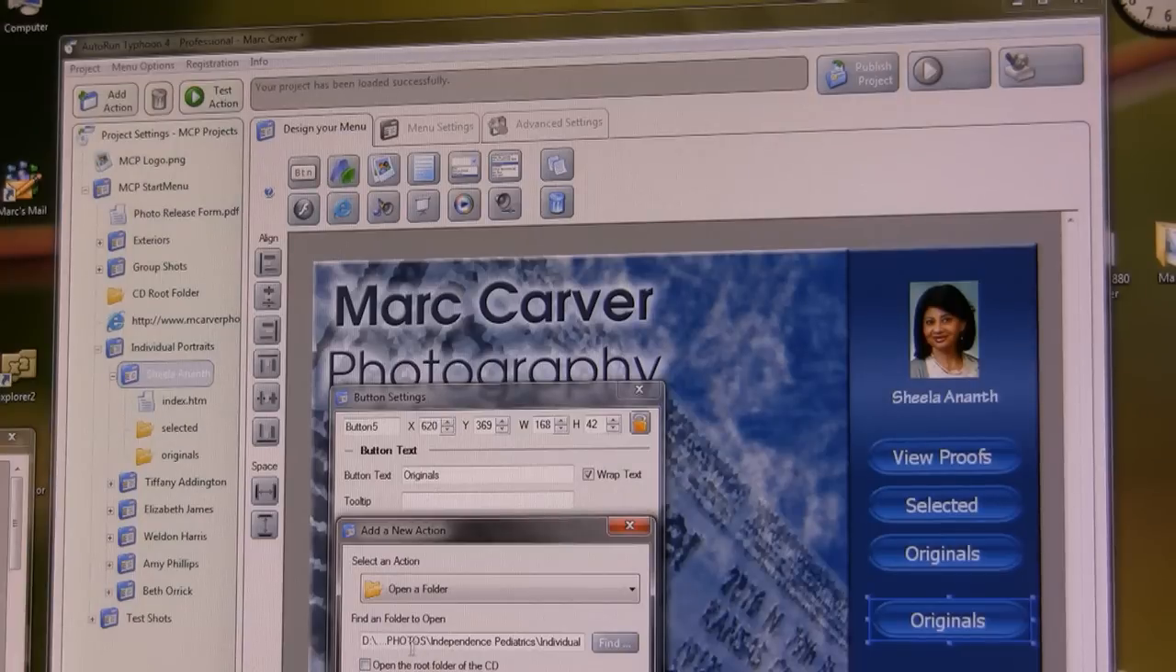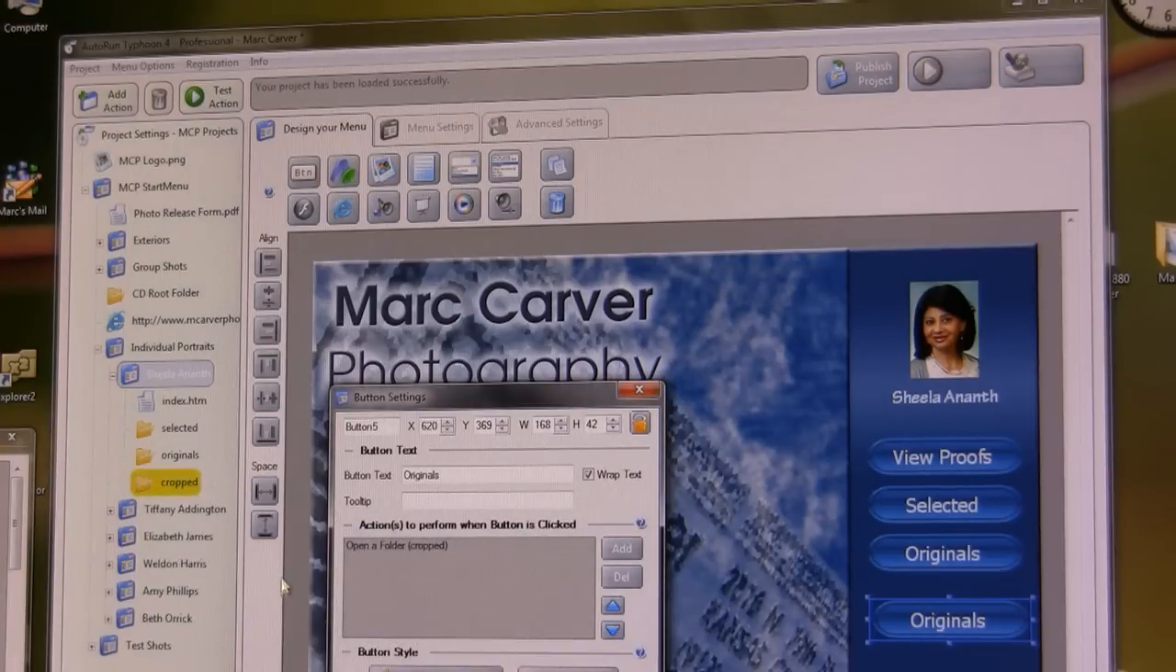Once I do that, the path is totally created. I say OK, and you can see the new action called cropped appears here, and that's a very time-consuming thing when I want to create each of these. That is only part of the problem, though, because once it's created,